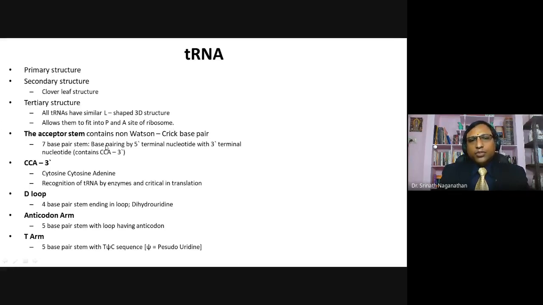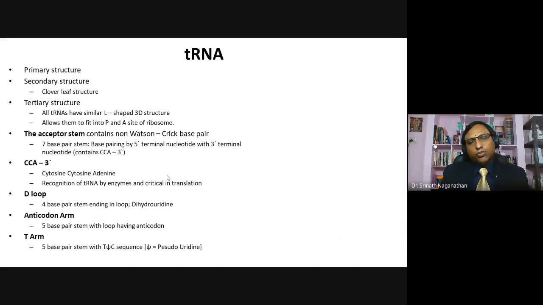The acceptor stem contains non-Watson-Crick base pairing, a 7 base pair stem formed by base pairing of the 5' terminal nucleotide with the 3' terminal nucleotide. It contains CCA at the 3' position and has the OH end, and the 5' end has the phosphate. The CCA 3', that is cytosine, cytosine and adenine, is used for the recognition of tRNA by enzymes, and during the amino acylation process, it is critical